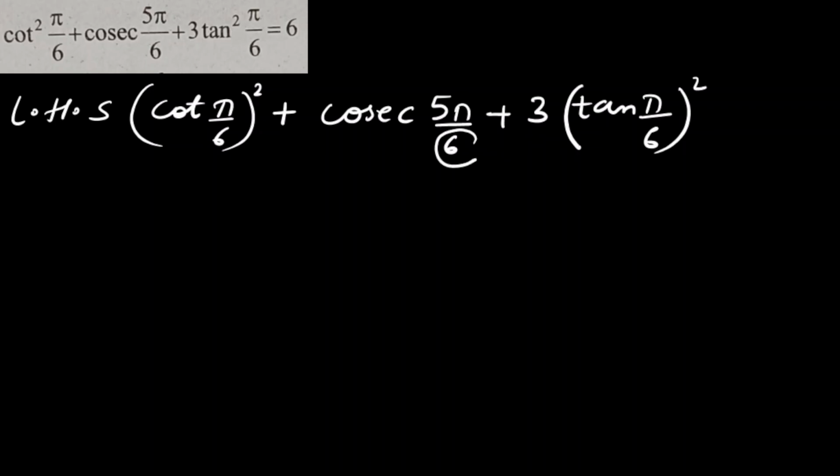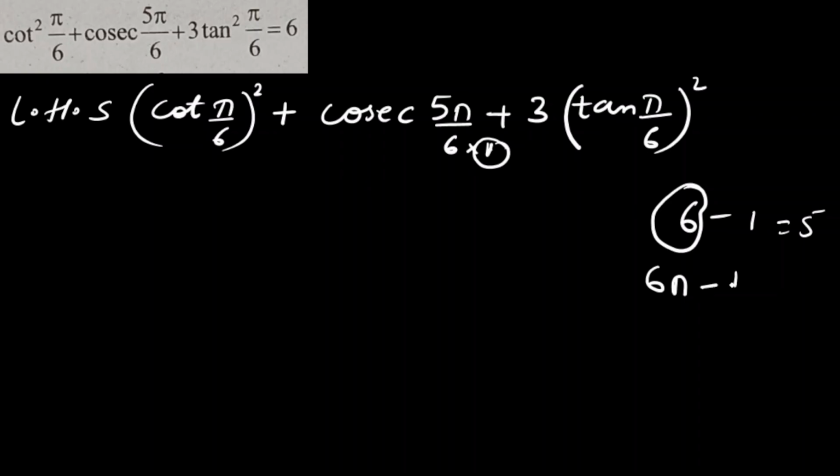Now we know 5, how will we get it? Always make a relation with the denominator. Here 6 is there. So we know 6 minus 1 is 5. So that means if we multiply 6 with 1, so you check. Here also, what do we need? We need 6. 6 into 1 is 6. So that means I need here 6 pi minus pi.